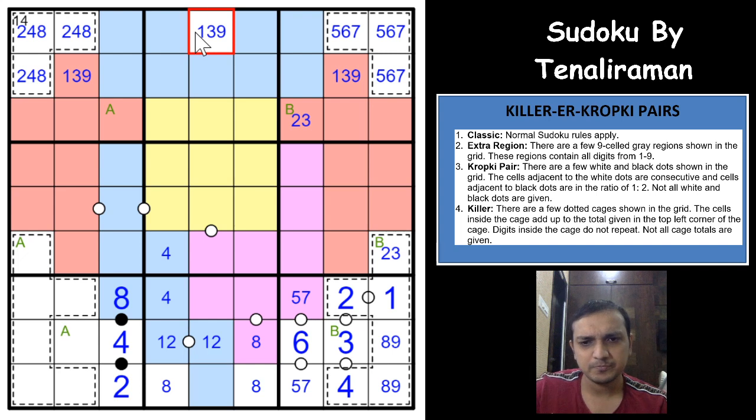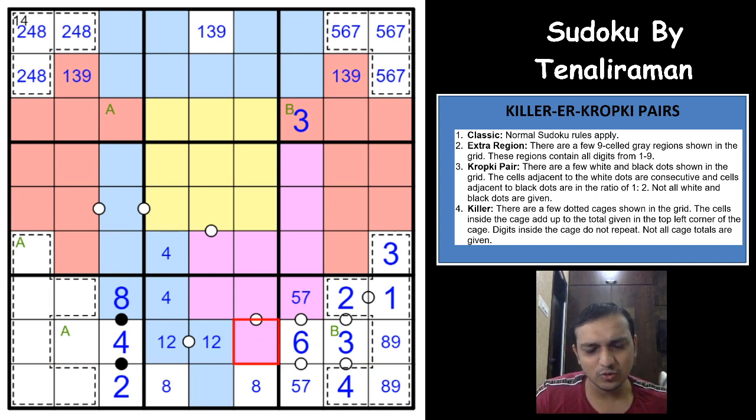Is that helpful here? So let's see, this is 3, this would have to be again 3. So this is 3. That should be helpful, I think. So you have an 8 in one of these boxes, right? 8 is there in one of the white cells. Second 8 is there in one of these white cells. Third 8 cannot be here and here as well, because both of these are different, right? So which means that third 8 would have to be in one of these 2 cells only. There is no other way a third 8 can come.